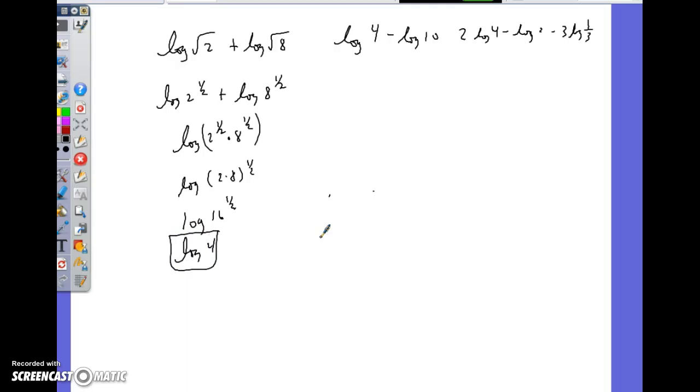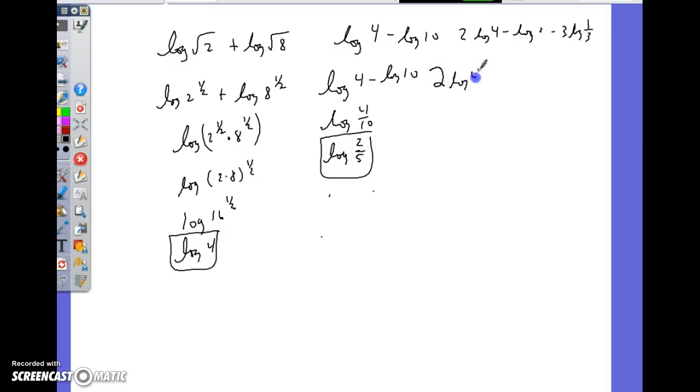Got that one? I'm just going to show you how to play with all these. Log of 4 minus log of 10. Subtraction outside is division inside. So 4 over 10. So that'd be log of 2/5. And I think I'm done with that one. Hopefully that's a match. Yes, that's a match. Next one would be